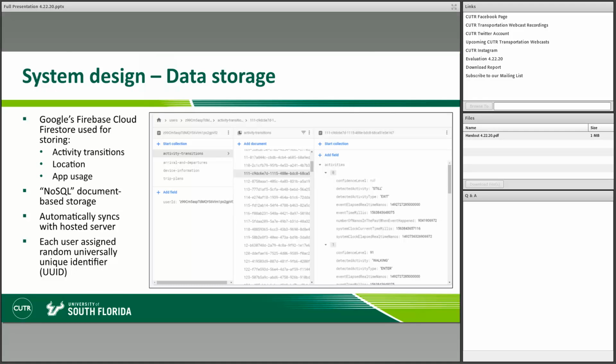That really helps, again, with battery life and making sure this is done very efficiently so that we aren't constantly pushing data in the background, which can cost the user a lot of battery life. Each user is assigned a random universally unique identifier, and you see a list of UUIDs generated here in the middle column of the screenshot. These are random IDs that can't be tied directly to the user.